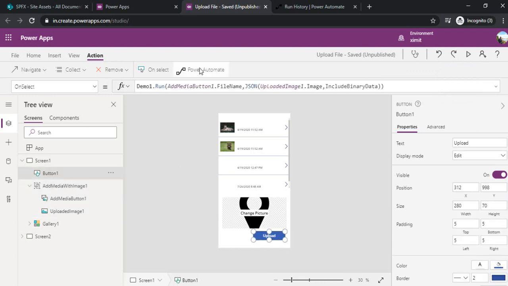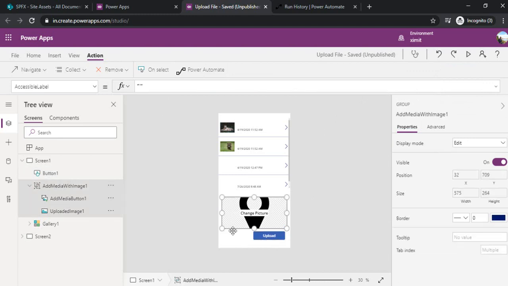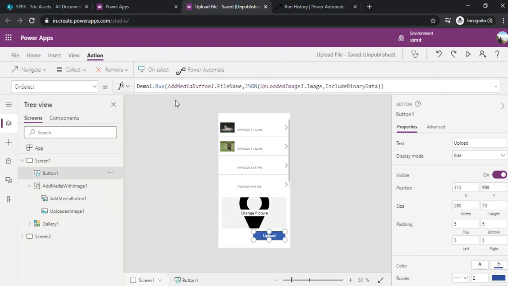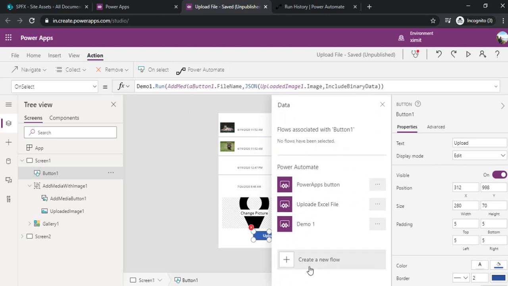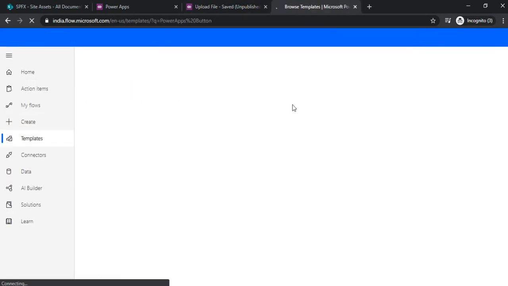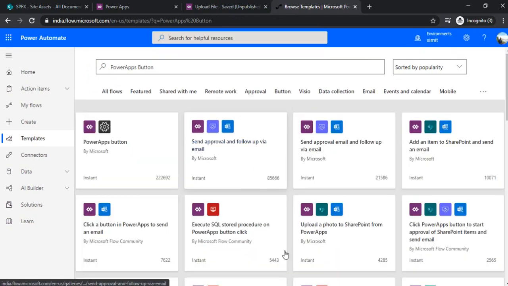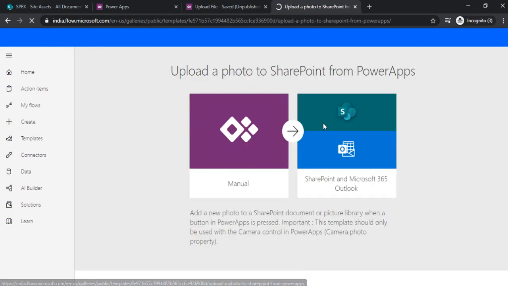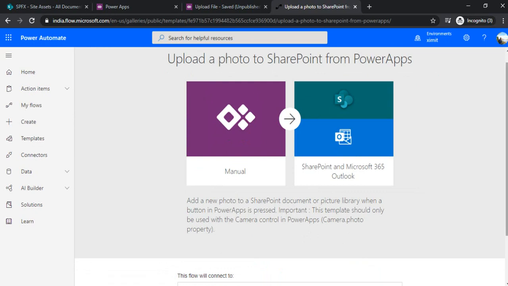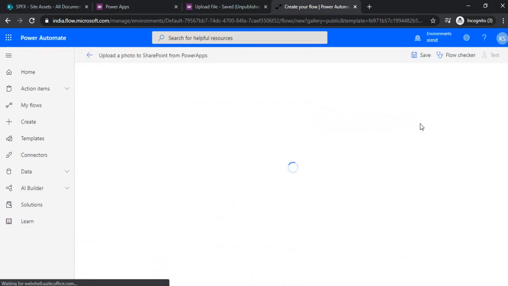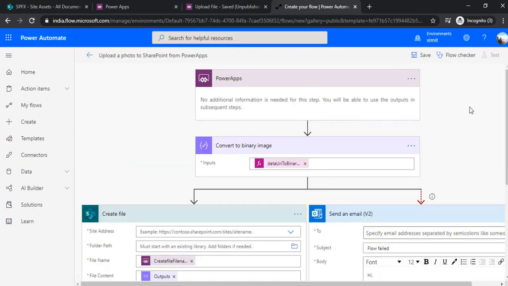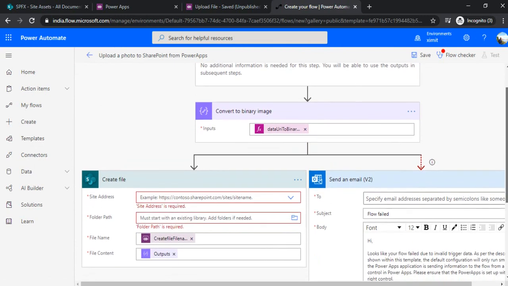I would like to show you how we can call the Power Automate flow, because everything, this uploading of images, would be driven through Power Automate. I can just click on this Power Automate, remove the existing flow which was there, and create a new one. While creating, I'll choose the template which I chose earlier as well, upload a photo to SharePoint from Power Apps. And why I'm using that: because it gives me a few fields automatically, the inbuilt parameters, create file name and create file content. Though I can create them as well, just for the sake of not doing extra work, I'm using that template.